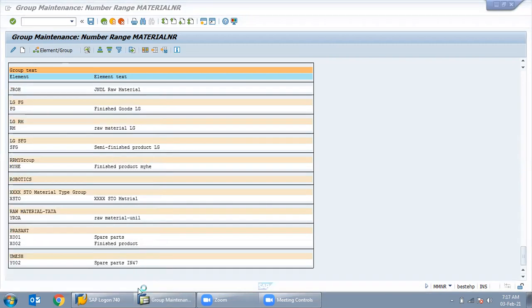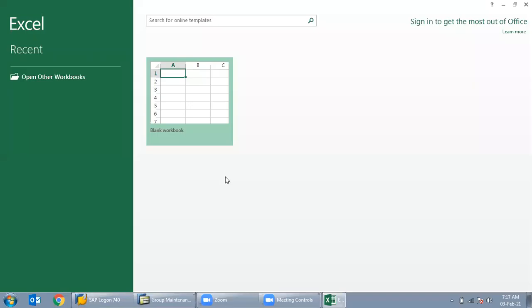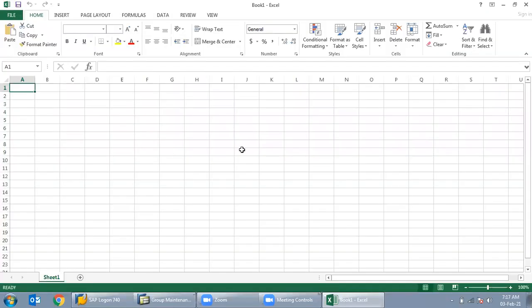Suppose I have created one group, like raw material, and one is created as spare parts. This is the number ranges group, GRP.